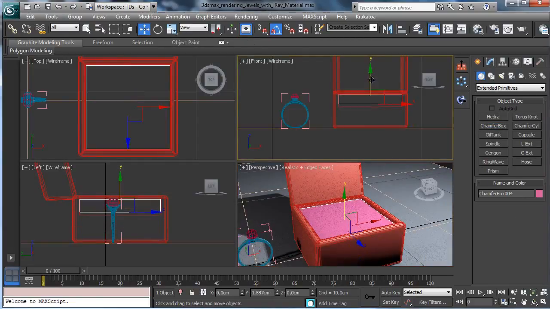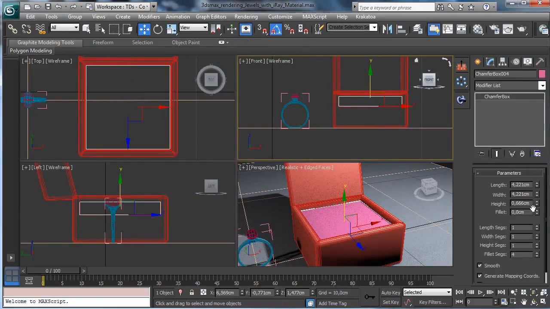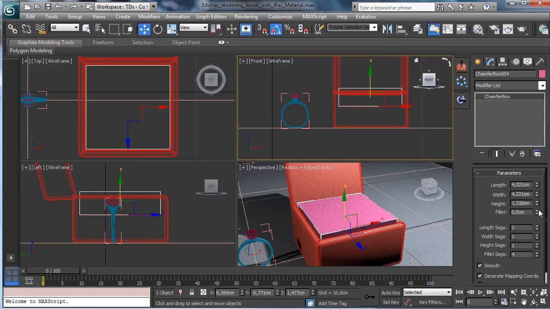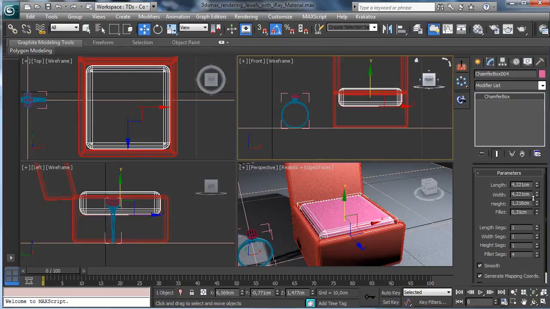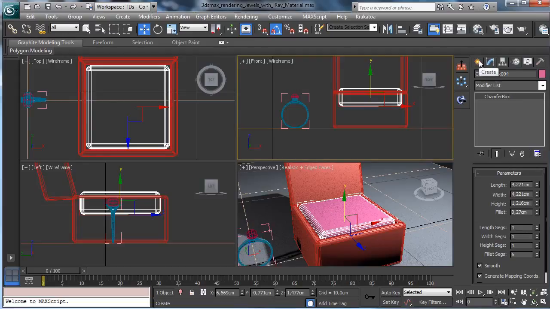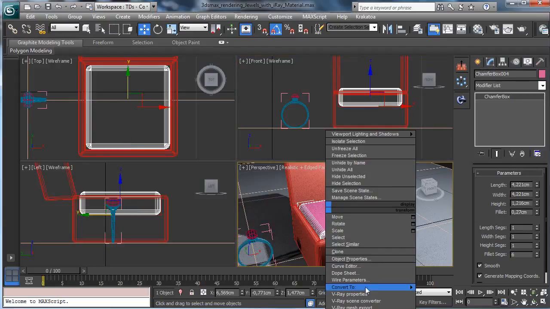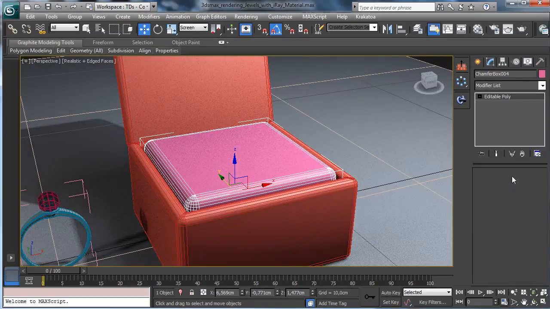And we can move it there. It will be higher, let's say something like that. And it will be something like that. Okay, then we need to make something there to put inside the ring, so convert to editable poly, and we need to cut